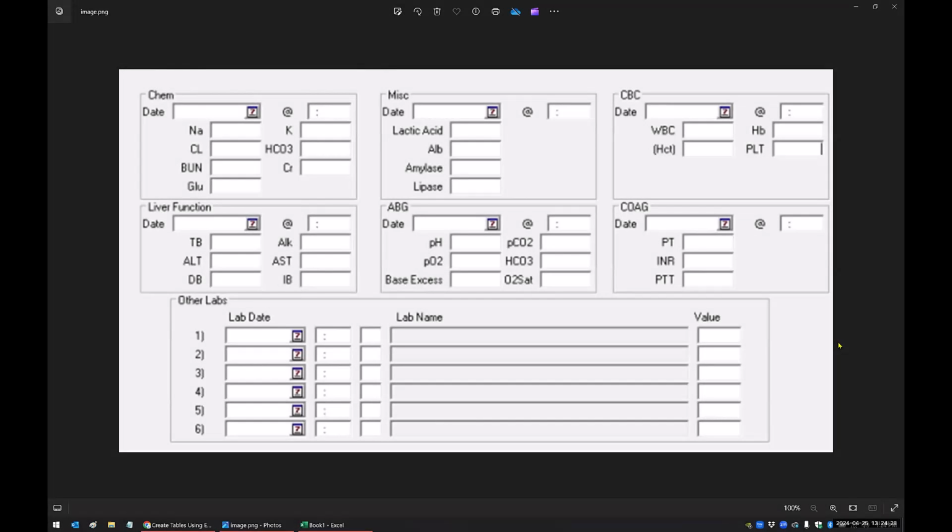This is something Carol had asked me about building last week. She had a project that was building forms, and I believe this was from one of their other systems, and they wanted to build this form or something similar to this form in REDCap. So what I want to demo today is just how I did it because it can be done in the